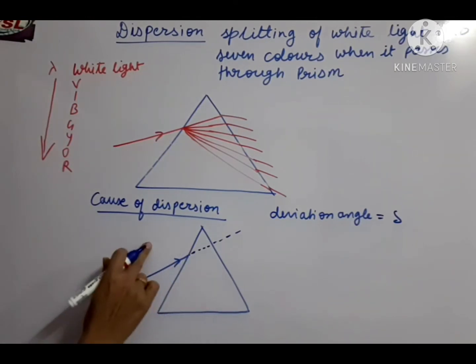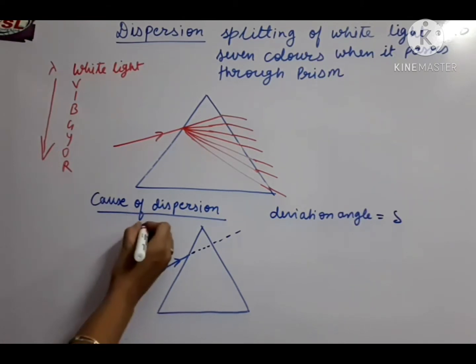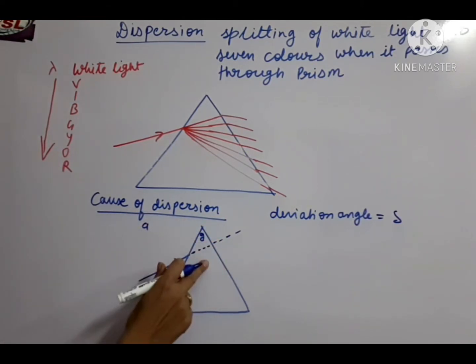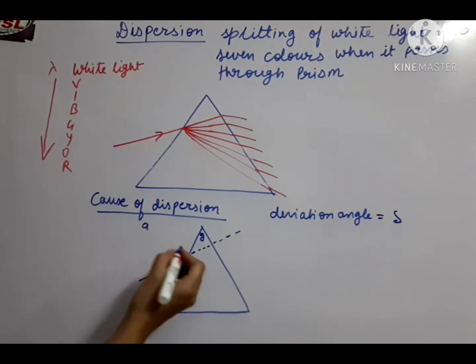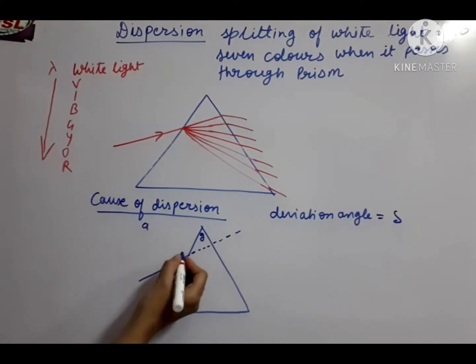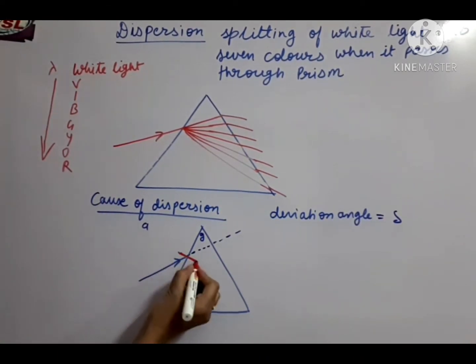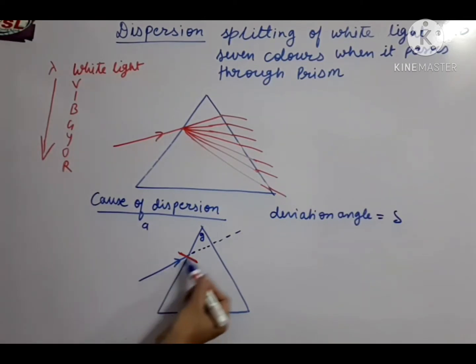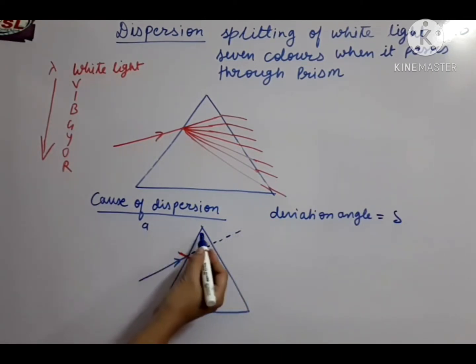Now what happens here? As soon as the light enters from air to glass, it should turn towards the normal, because we are going from a rarer to a denser medium. So let us draw a normal here. This is the normal drawn. Originally the light should go this way, but because we are going from air to glass, this light should turn towards the normal. So we show it turning towards the normal. Then again, this light will go straight as long as the single medium glass continues, but as soon as the glass to air shift comes, outside also air is there.